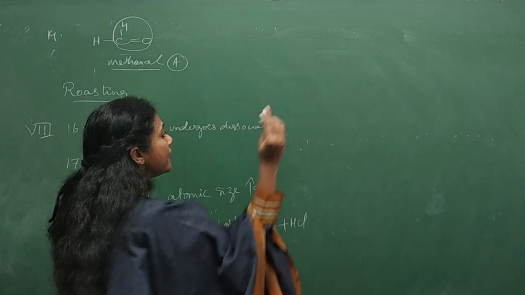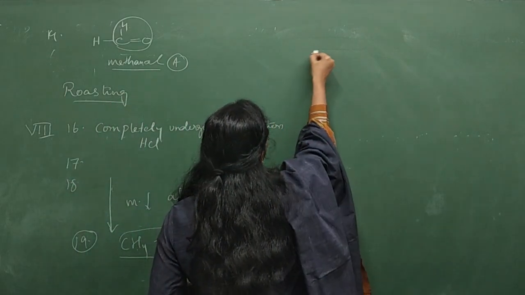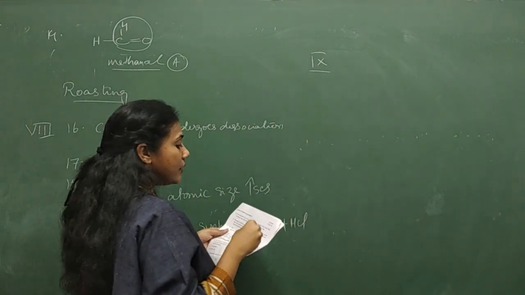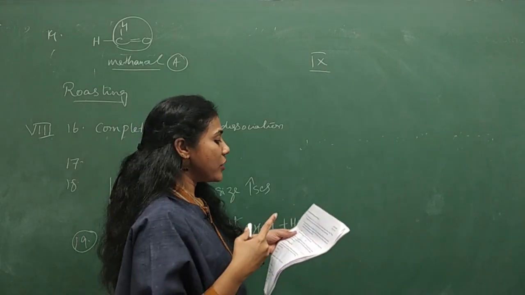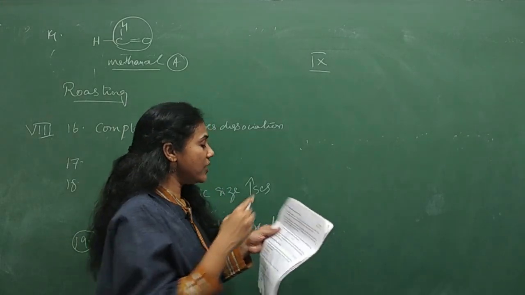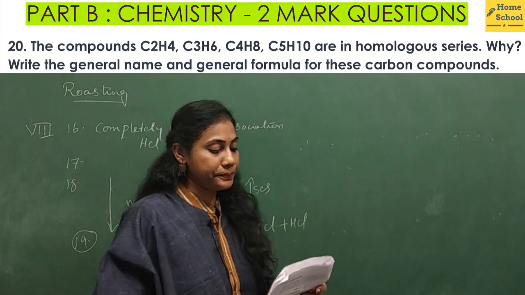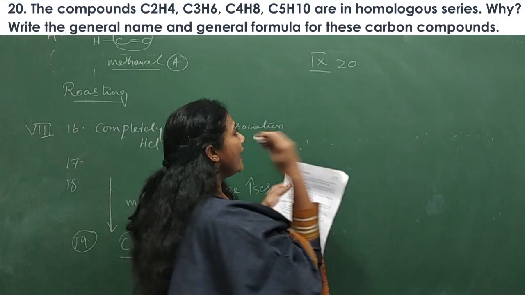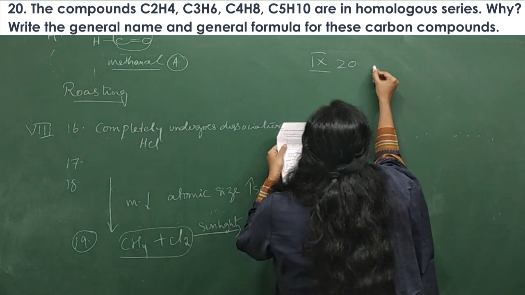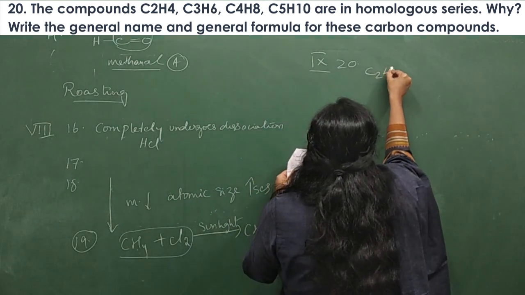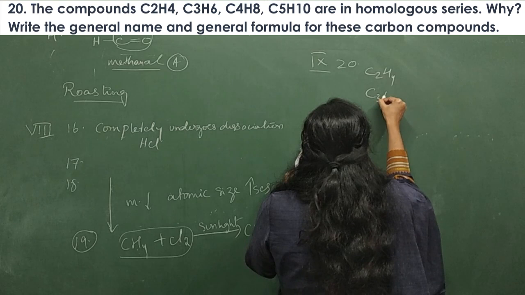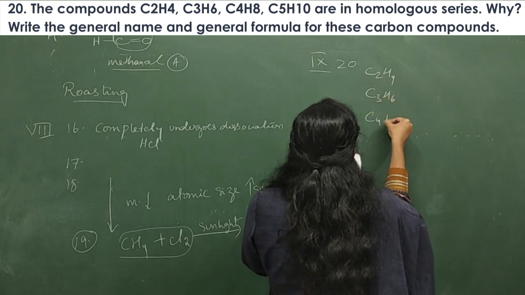Next, let us go for the 9th main. They are 2-mark questions. There are 3 2-mark questions. Let us discuss question number 20 here. They have given certain compounds. Observe carefully. They are C2H4, C3H6, C4H8,